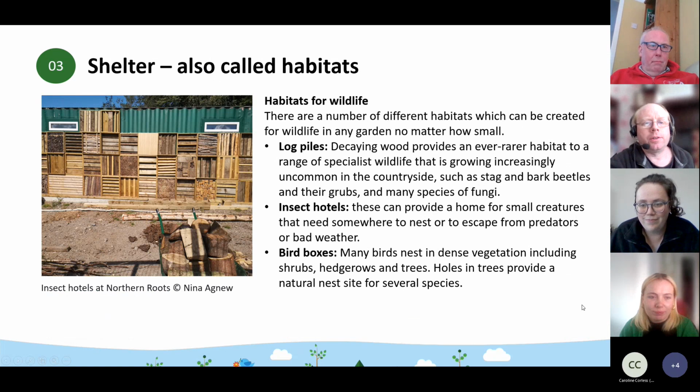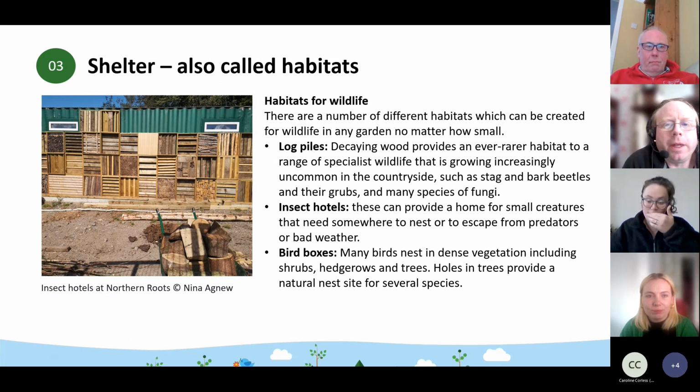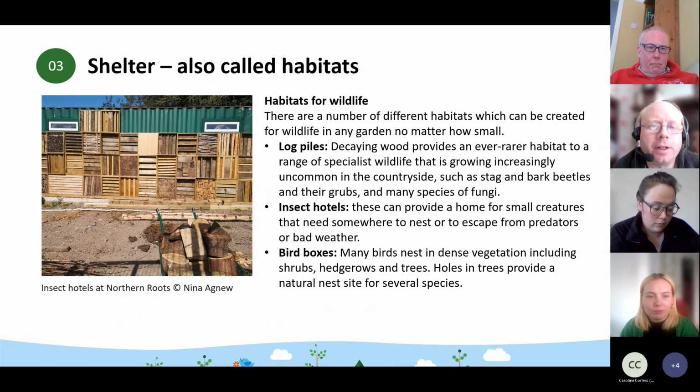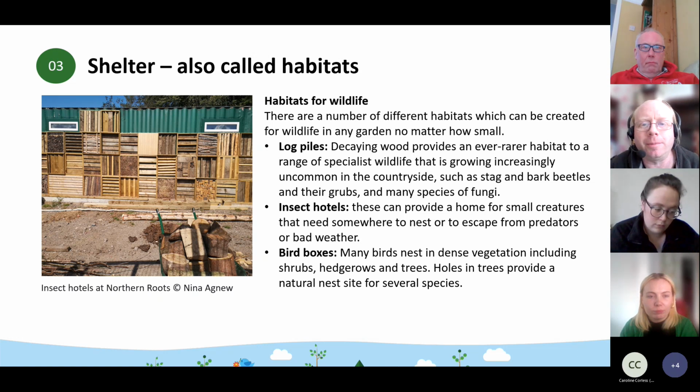Okay, thank you. So we've been talking about food there and its importance to biodiversity, and the importance of creating a sustainable food chain. So the wider variety of plants and animals you've got, and the larger the food chain is, the more diversity of birds and amphibians and mammals you're going to attract to a site, as well as insects and the plants. The next thing to consider is shelter.